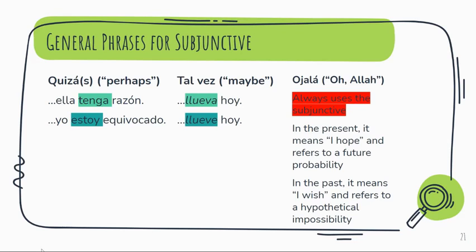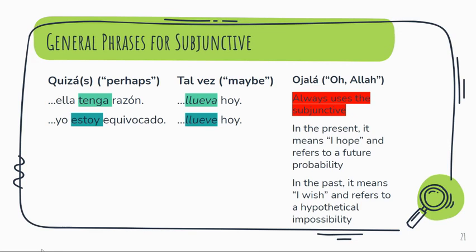Finally, we have ojalá. This is a unique expression that we're going to explore later in the chapter because of what it does to the verb that comes after it. Ojalá comes from the Arabic. Spanish is influenced by Arabic in many ways. It comes from the expression loosely translated as O Allah, God willing. It's up to Allah. This expression always uses the subjunctive and only sometimes uses que, as in ojalá que. You don't necessarily need that que there.